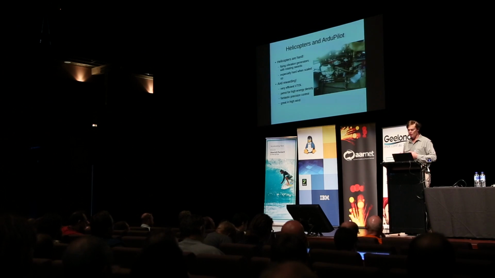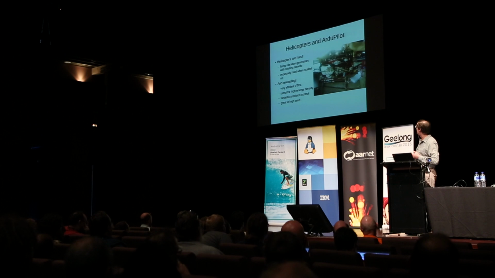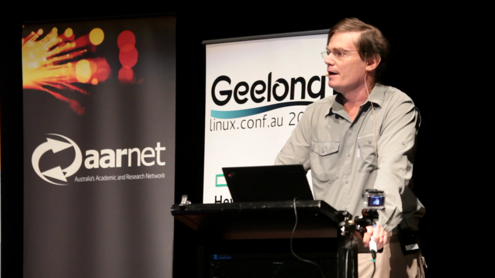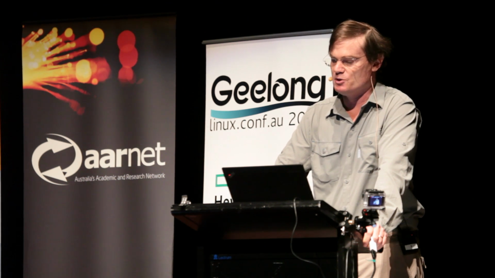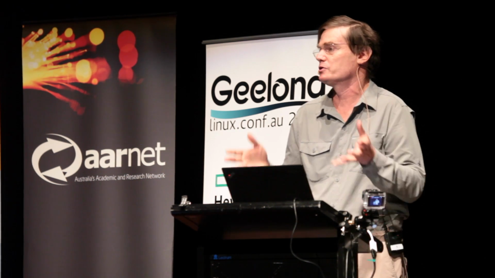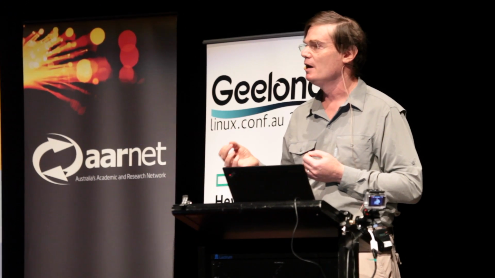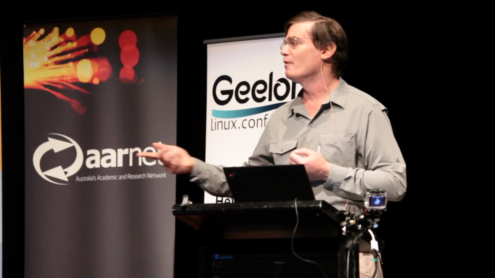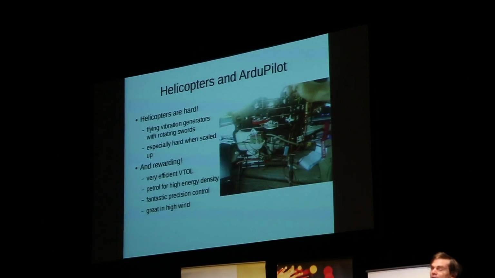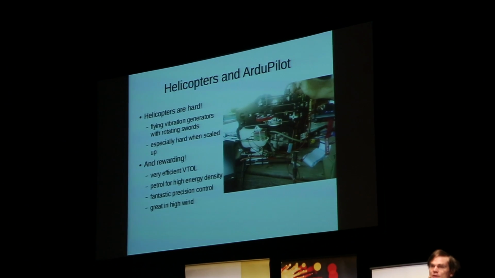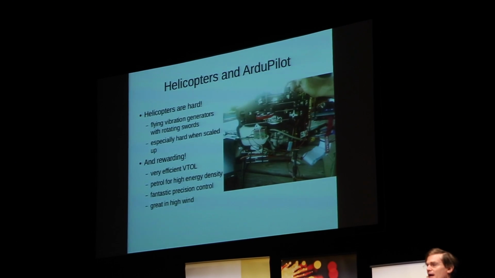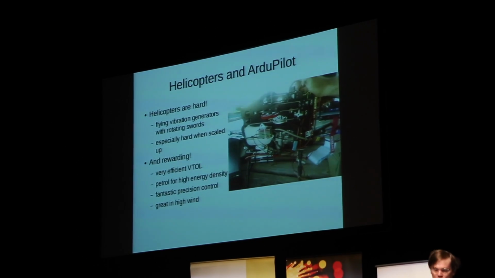And so this is a picture of one of our prototype helicopters. That's a JS90, which was originally a nitro helicopter, but we've replaced the engine with a 15cc petrol engine because the petrol gives a much higher degree of efficiency, and we wanted that 100 kilometres an hour for an hour type benchmark. And helicopters can do that. They can carry significant payloads over long distances really quite fast. They are incredible machines. So helicopters are hard, but they're also very rewarding.